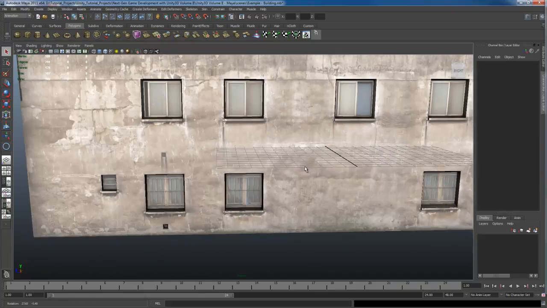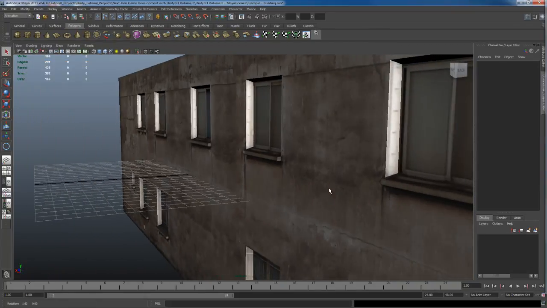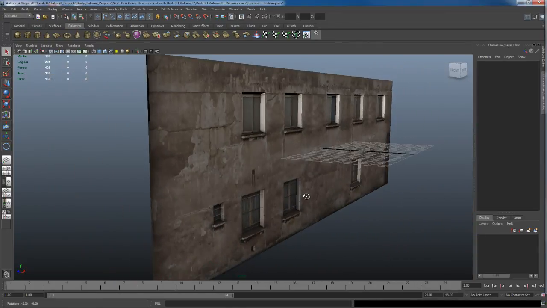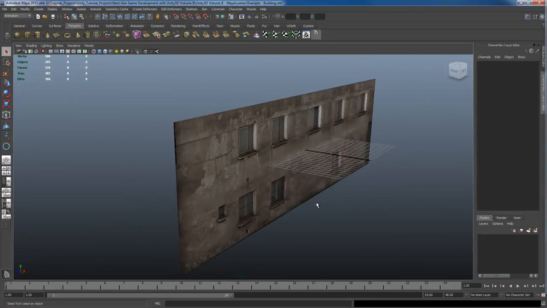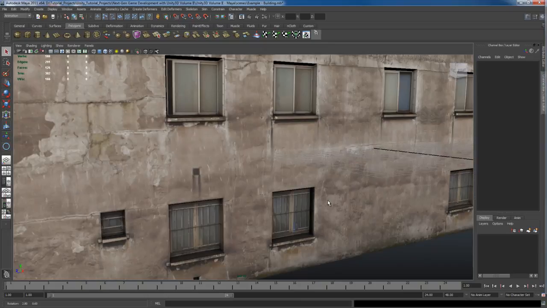So if I look at this object without the wireframe, and I look at it from the side, you can see here that it's not just a flat object. You can actually see the geometry, the highlights and things. There's actual pieces of geometry that are sticking out of this object or pushed into this object. Okay. If it's an object that's close up to the camera like this, that the player is going to be able to walk up to, I recommend using a technique like this. Basically, you want to have real geometry on the object so that it looks more realistic and more believable and